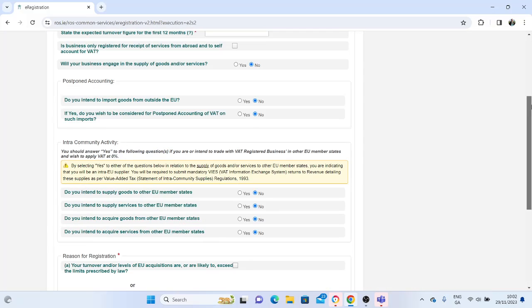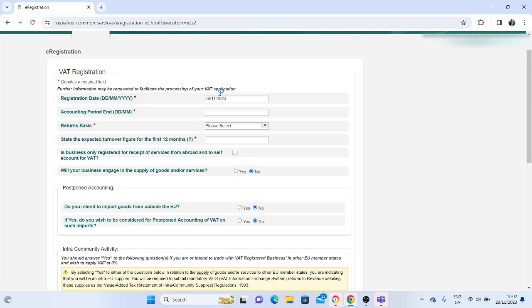So a few details you have to add here. So the date you want to register from, I'm just going to leave it as today. Your accounting period, just the day and the month. So it's 1st of the 12th. Okay, return basis. Now there's a couple of different choices. So you've got your cash basis, which is usually for very small. Most companies are invoice basis, so I'm going to pick invoice basis. Your turnover, I'm just going to say 100k, just so it's over the